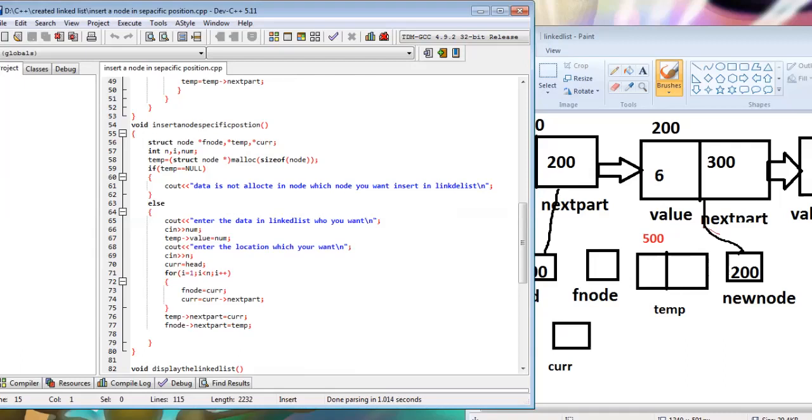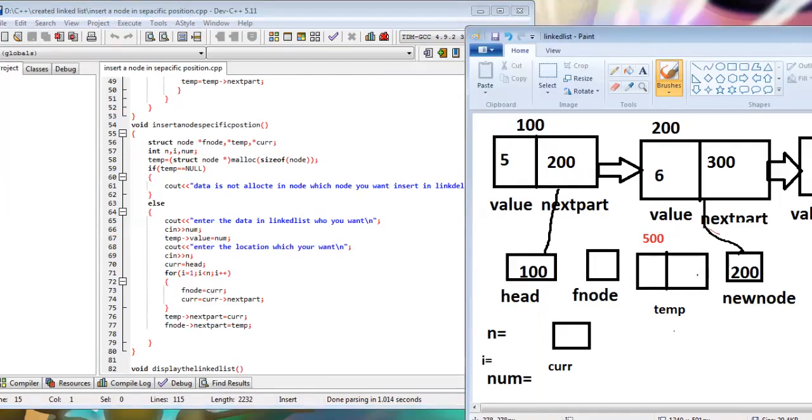Let's start. Insert a node at a specific position. Temp, current and f node are struct node pointers, and i and n are integer variables. Temp equals malloc of the size of struct node, which allocates memory for temp.